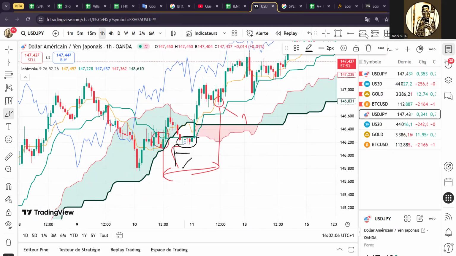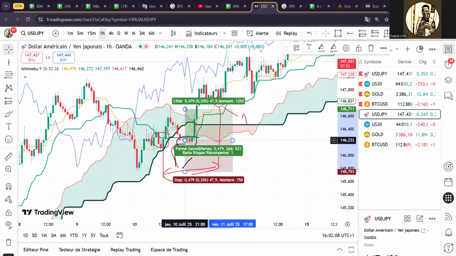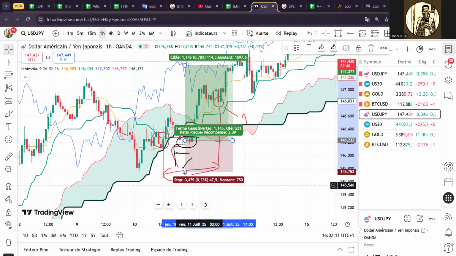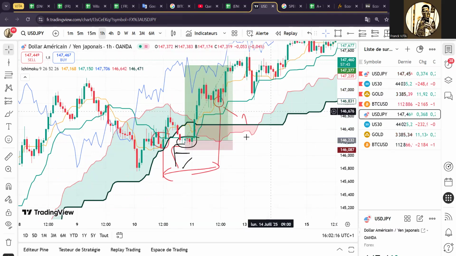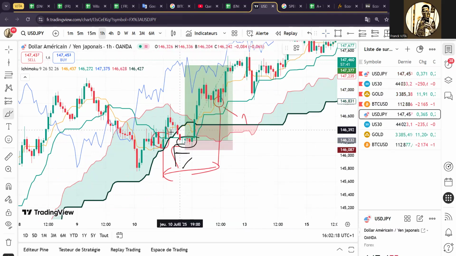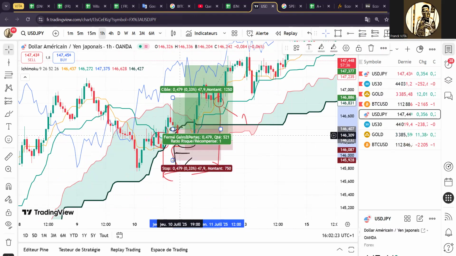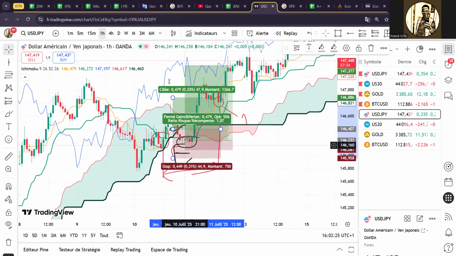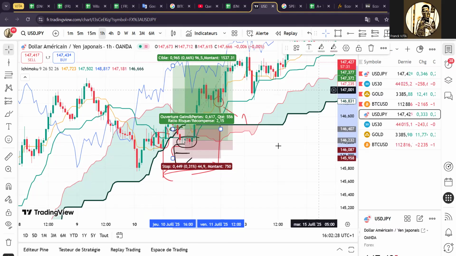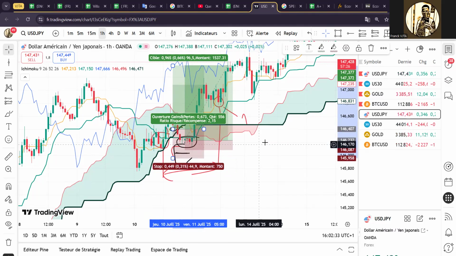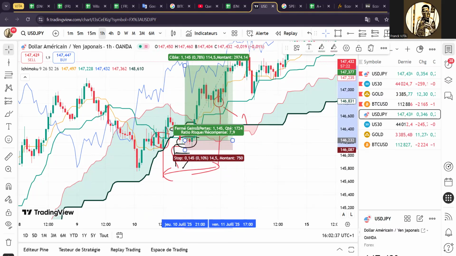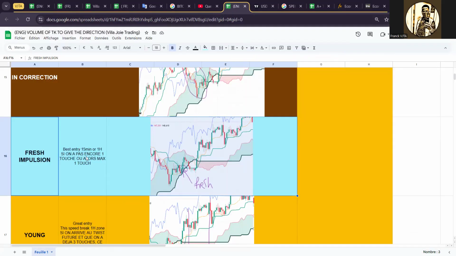This is a buy position on Kijun and on the inverted Kijun. You can buy here, or you could have bought as soon as the candle touched Tenkan here. It's also a good way to buy, but for this one the stop loss will be a little bit larger. So inside the fresh cross you actually have two ways to buy it. And it's the best moment, because the next speed, golden speed, is called the